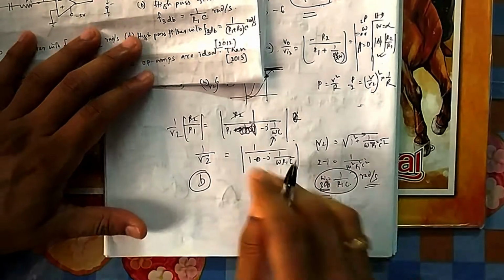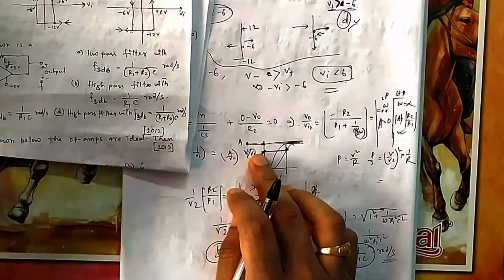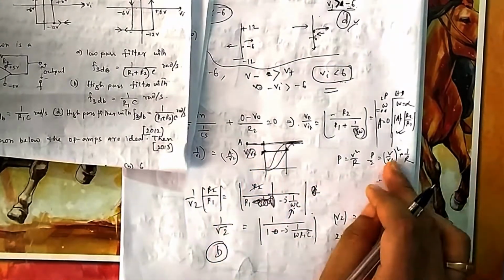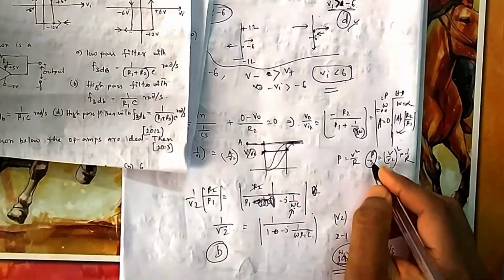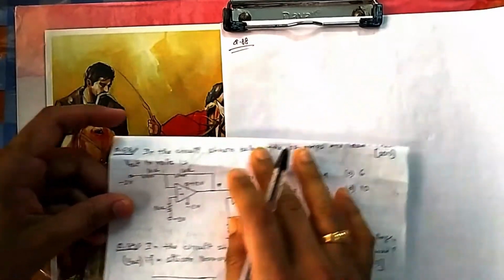3 dB cutoff is nothing but half power frequency, where the gain will be equal to 1 by root 2 times. If it is voltage, then it is V by root 2. If it is current, then it is I by root 2. Because in that case only your power becomes power by 2. Half power will come.